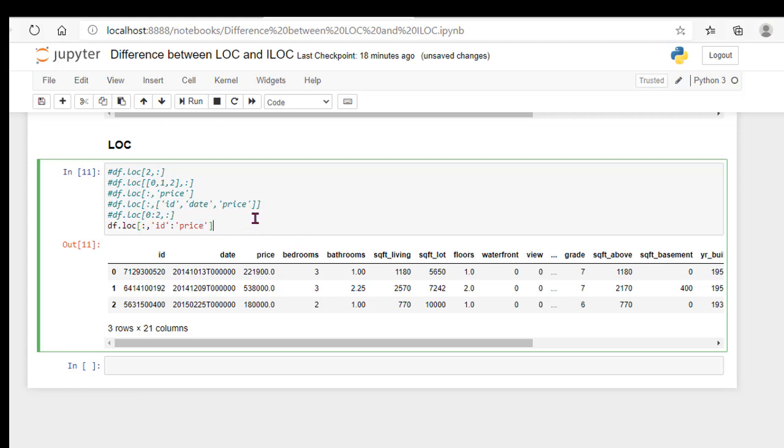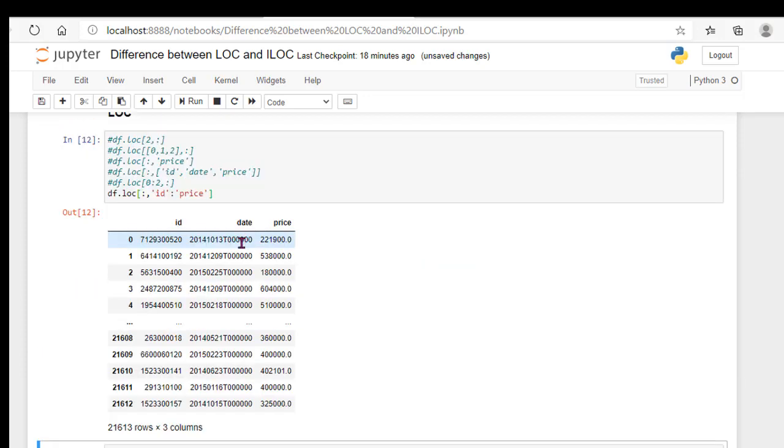Okay, let us print. When you are giving a range here, you need not put it in a list. The same output we got as when giving id, date, price. We have used a range operator with all the rows, and from id to price are selected.